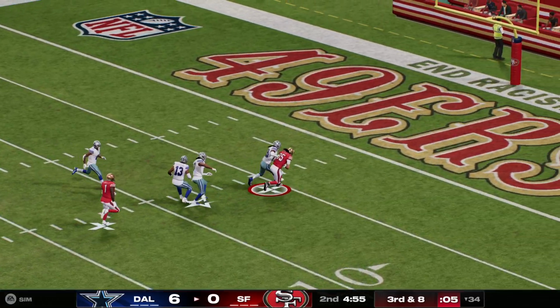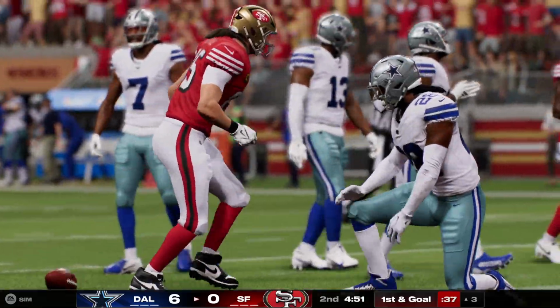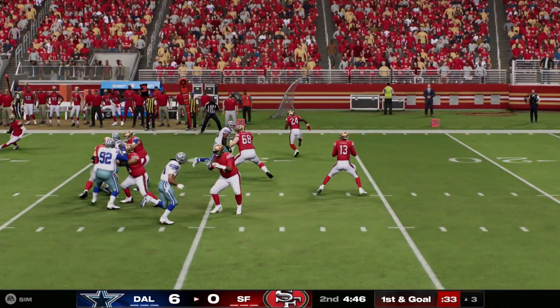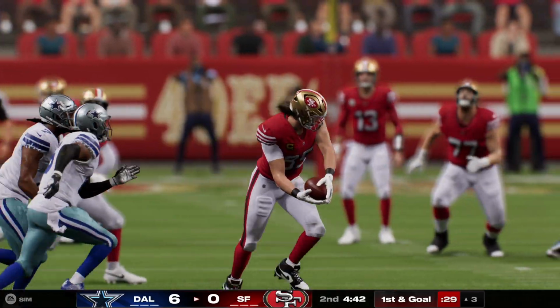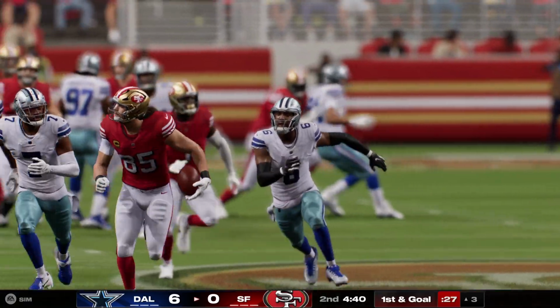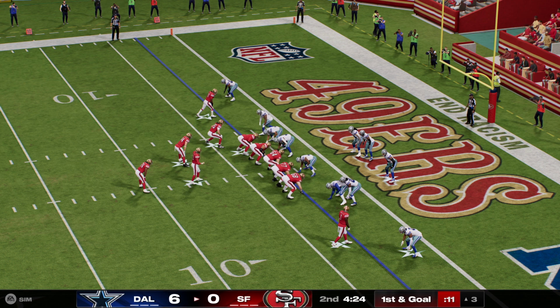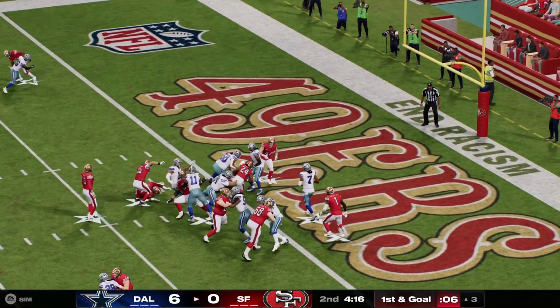Look at the big guy rumble. No touchdown, but they are close. Going to be 1st and goal. They've got it at the 3. There's a lot of factors that make this play so successful, Mike, and clearly the ability of this tight end to not only find the open space in the defense, but then after the catch to turn into a runner, that is very rare at the tight end position. We're seeing it more and more often, though, over the last couple years. And then the accuracy of...